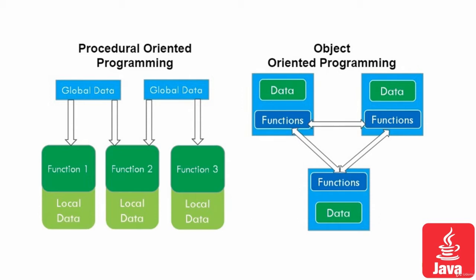A typical example of procedural and object-oriented, apart from the programming world, we can get if you say you would need a furniture table for your home. In the procedural approach, you would first of all sow the seed on the ground, wait for the plant to grow, become a tree, then you will cut down the tree, drag your timber or wood into planks. You would create the nails and hammer the nails together to form the table. That's why you have to work from stage one to stage end, and you have to wait a lot of time. You have to do a lot of work on your own.